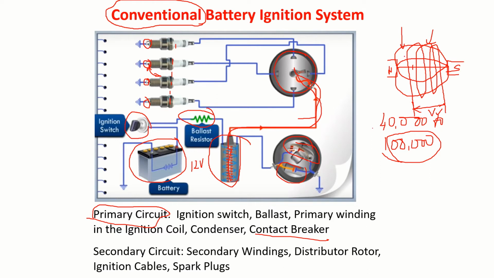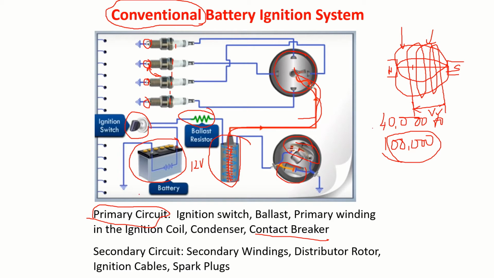So what can we do? You can build up the magnetic field and collapse the magnetic field. Build up, collapse, build up and collapse. Then the magnetic flux lines will start cutting this. This is another way of doing it. So that is the idea that we use here.